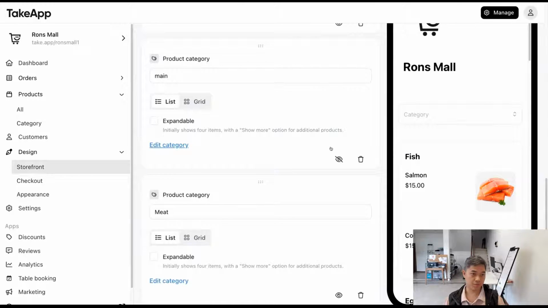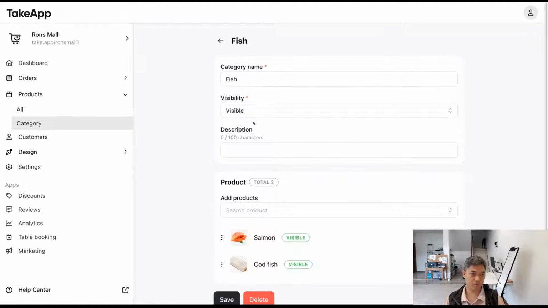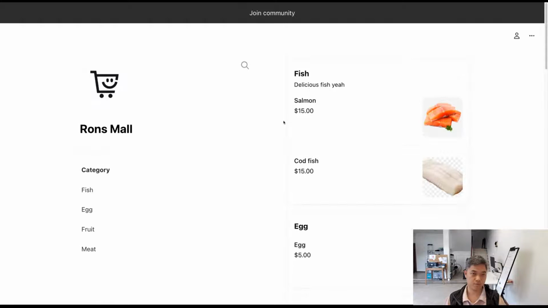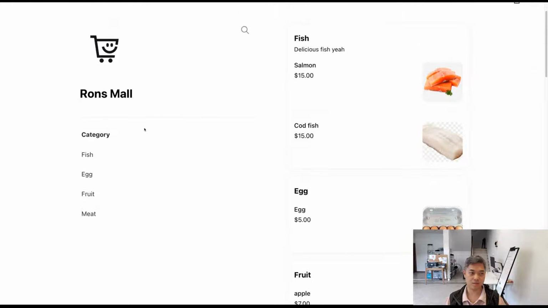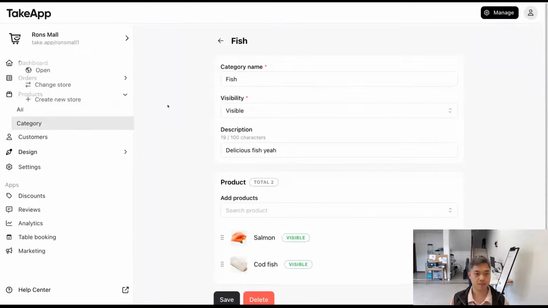So this is category, and then if I go to the product and category menu, and then go to fish, you can see that you can also change the description of this category, like "delicious fish." And then save. Then what happened here is, if you go to fish, you can see here, fish, delicious fish. Then you can change the description of the category, and you can also add